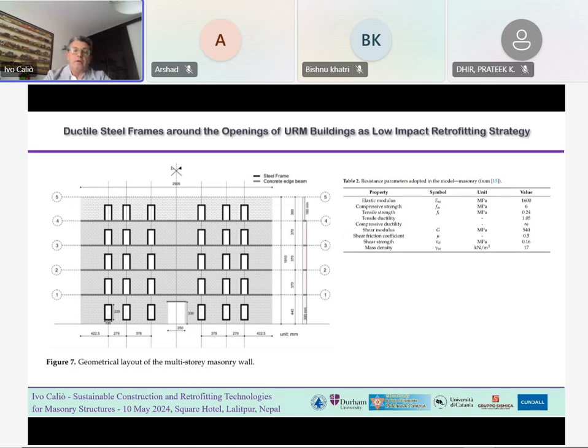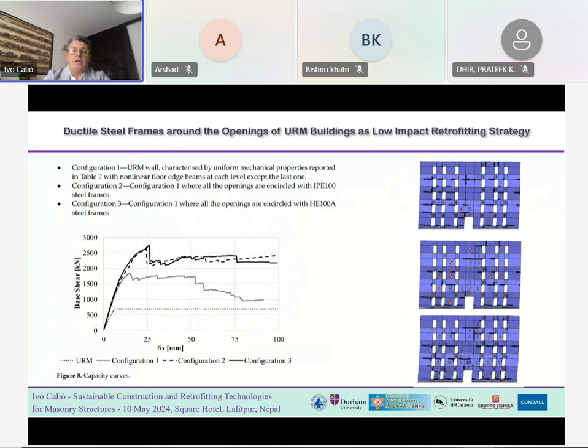Regarding this wall, we did some comparison considering the use of ductile steel frame around the openings. We can see the wall without any reinforcement, configuration 1, is the dotted one, and the other two configurations are related to the consideration